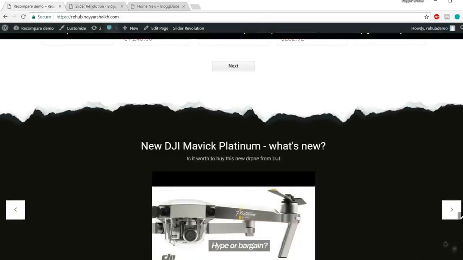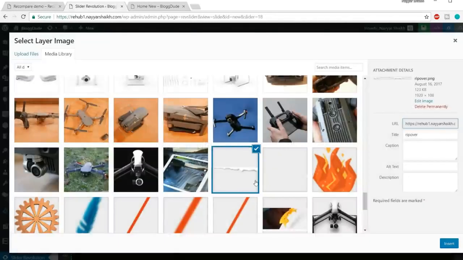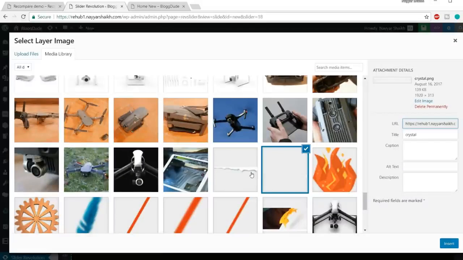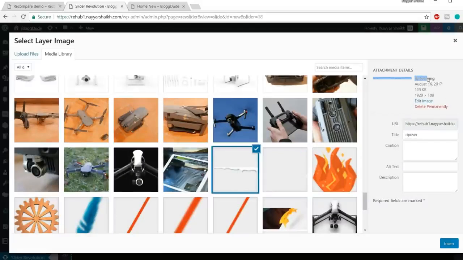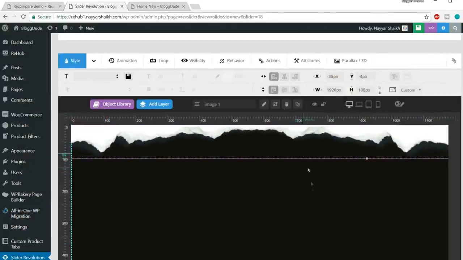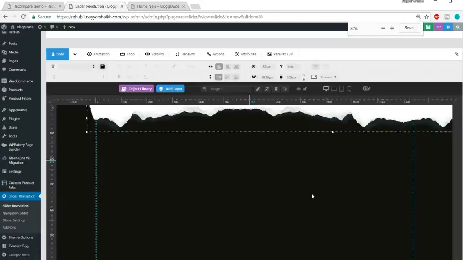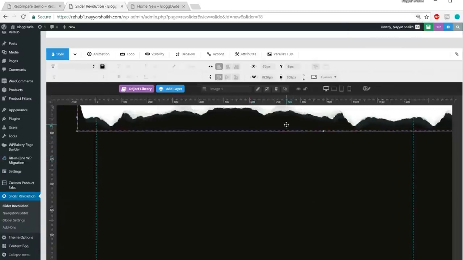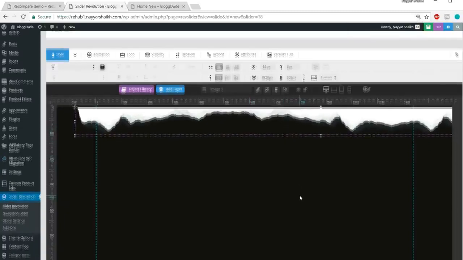I think no, or maybe yes. Okay, yeah, this is the one. The name of the image is RIP over.png. Select it, click on insert. Oh yeah, here it is, and just drag this thing. Let me again zoom out and drag this thing accordingly. Okay,